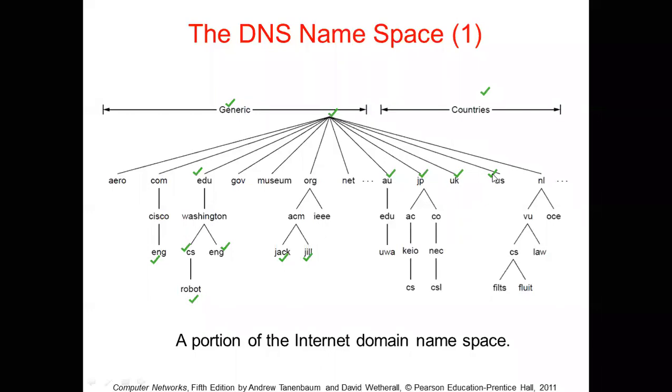Suppose you have a website of your own and you want to have your own web page, and you want to register it under the com domain. Then it is very easy. You have to remember that the top level domains are run by registrars, which are appointed by the Internet Corporation for Assigned Names and Numbers. So if you want a website name for your web page, you have to apply to that registrar.